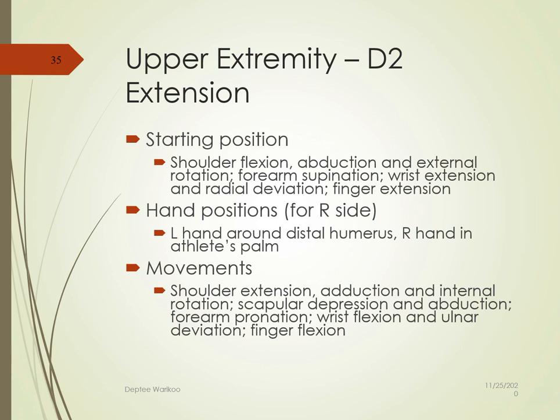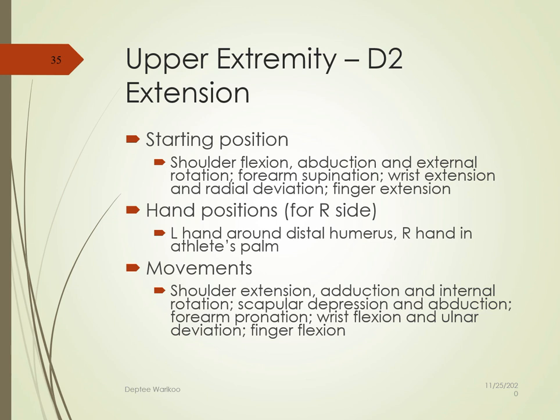Okay, that is actually the reverse of the flexion pattern. Shoulder flexion, abduction, external rotation, forearm supination, wrist extension and radial deviation, which was the last position of the previous one. And D2 extension will end when the shoulder is in extension, adduction, internal rotation, scapula is in depression, adduction, downward